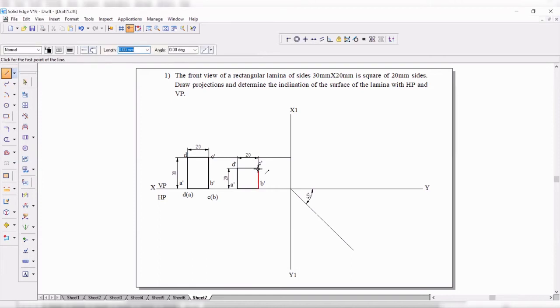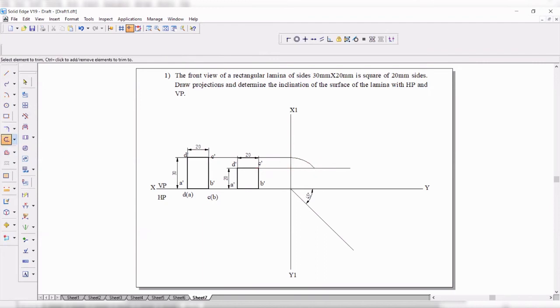Now take this line and extend it a little bit further because you need to draw the arc. Take the arc with this point as center and this as radius, and cut an arc here. Make sure it is trimmed off properly.